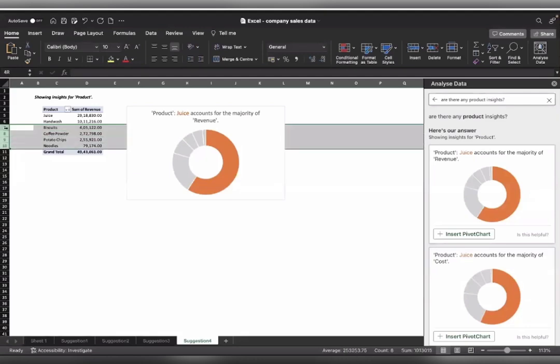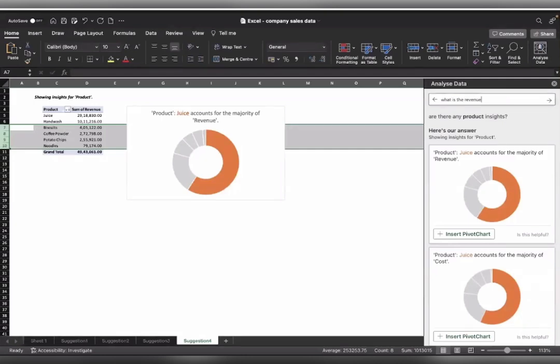So basically, you can tell your boss or the person whom you are presenting to, see, these things like biscuits, coffee powder, potato chips and noodles are not even generating that much revenue. Instead, juice and hand wash are doing so. So maybe either we can do more advertisements on juice and hand washes, or maybe we can give them a variety of juices, right? Or a mixture or some combinations, right?